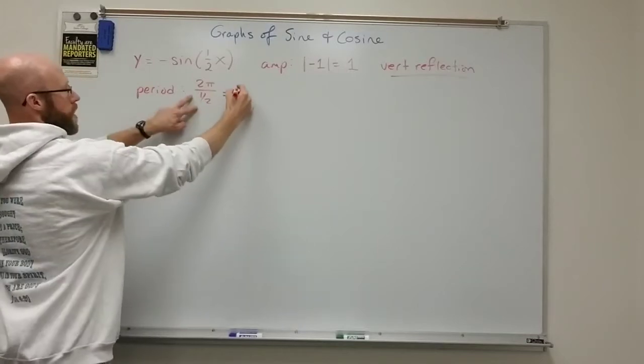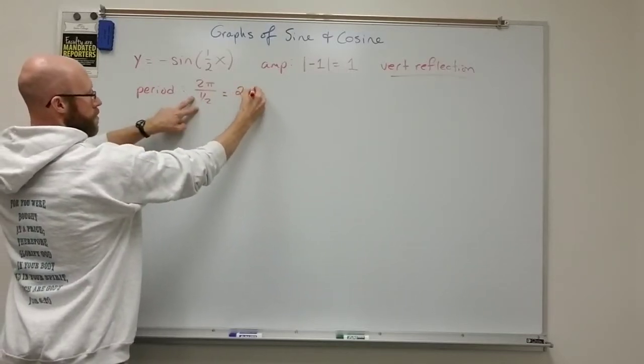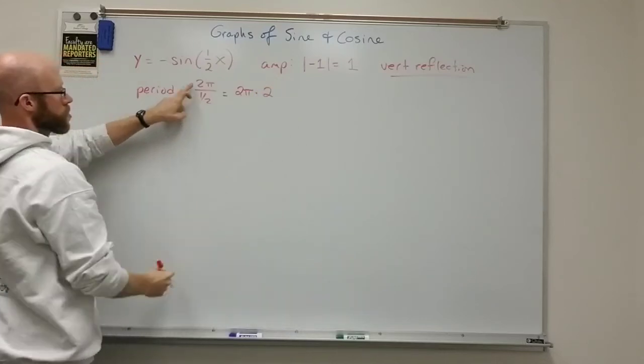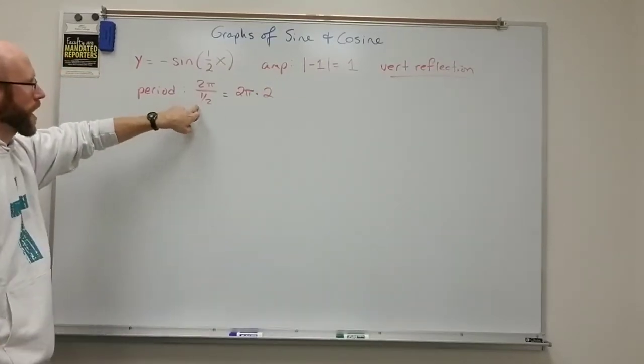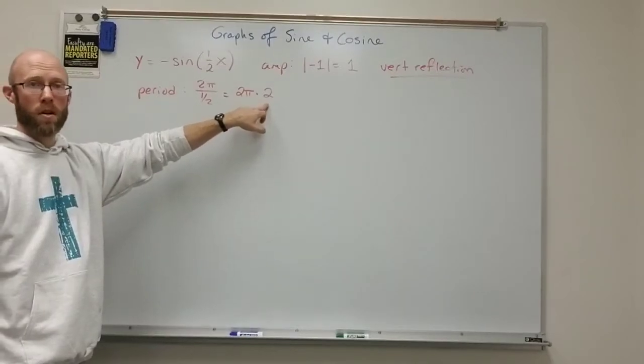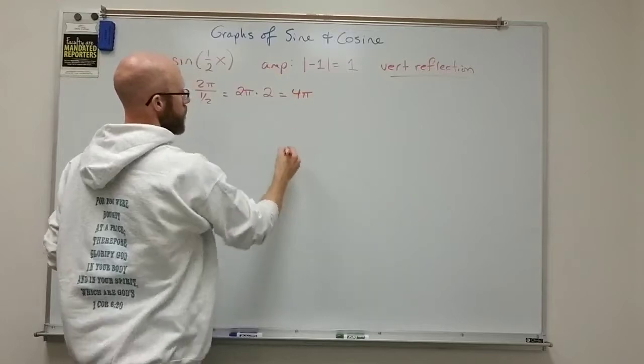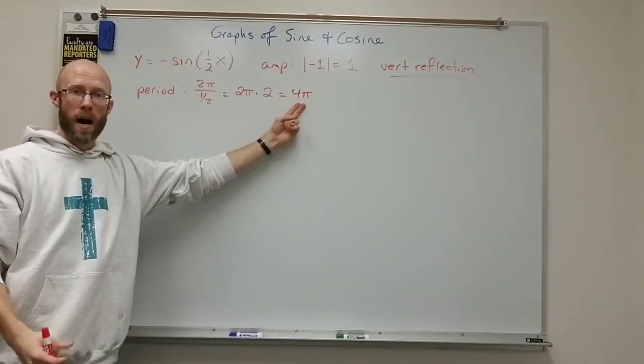Dividing by a fraction, I can copy, dot, flip. So 2 pi over 1/2 is the same as 2 pi times 2, multiplied by the reciprocal, and that gives me 4 pi. So my period this time is 4 pi,